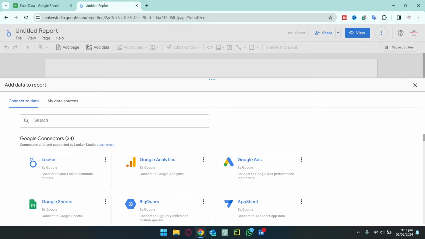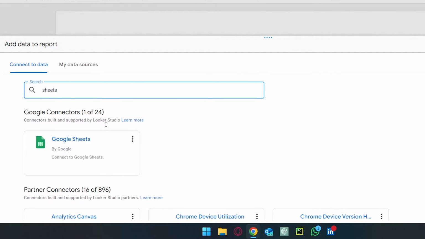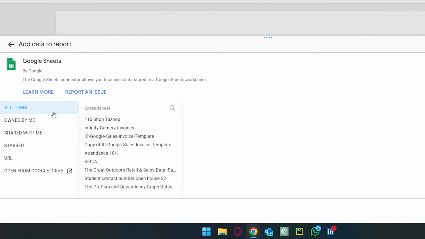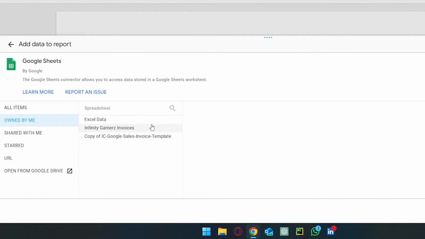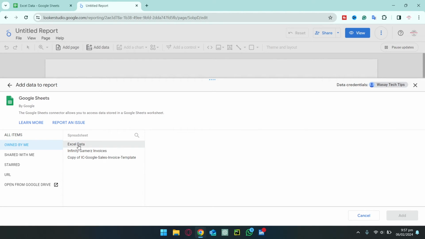We're going to go back to Looker Studio. In the connectors we're going to type sheets and it should show Google Sheets by Google. Click on it, and for the first time it might ask you to authorize it, so just authorize it. We're going to select the option owned by me, and here in the list it's going to show you all the Excel sheets that you have access to in your Google account. If I go back, the Google Sheet file name is Excel data, so from here I'm going to select the